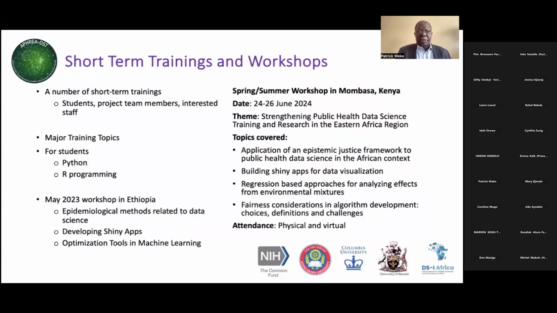A number of short-term trainings and workshops have been organized for the benefit of both the students and staff. We have taken students through Python and R training other than what they cover in class. We organized a workshop for the project in May 2023, and a number of areas were covered, one being the pedagogical methods, the other developing Shiny apps, and the last one optimization tools in